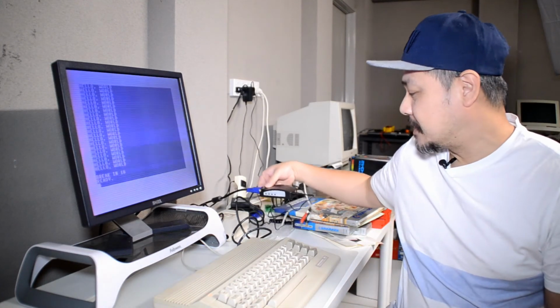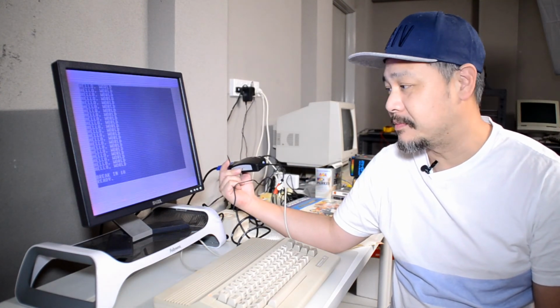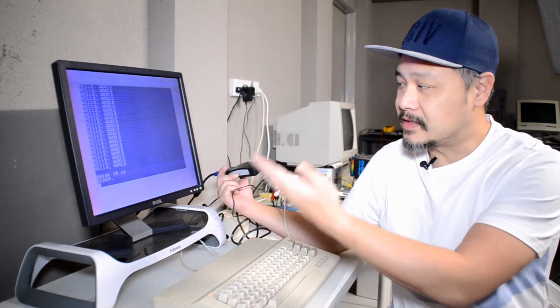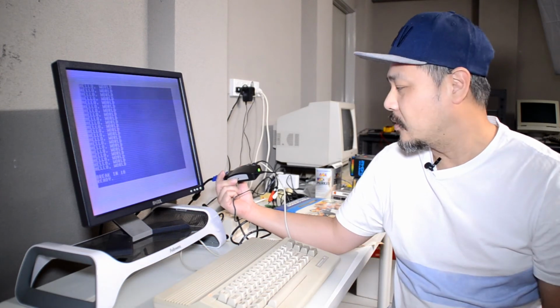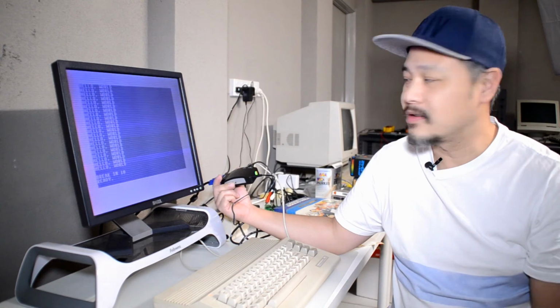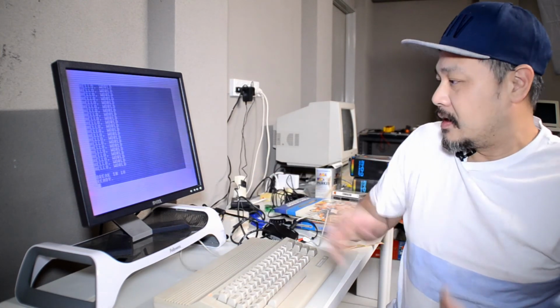So that's all for today's video. I'm a bit disappointed with this composite to VGA output device. I was expecting it to produce a better quality video output here. As you can see, it looks pretty crap. It seems to work with my other devices, like I've got a Nintendo 64, and it outputs the video really nice on the LCD monitor, so I don't have any issues there. But anyway guys,